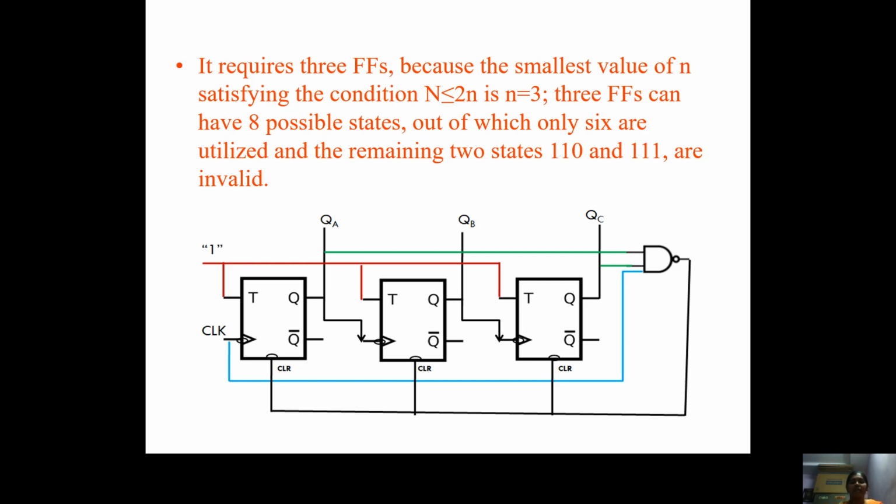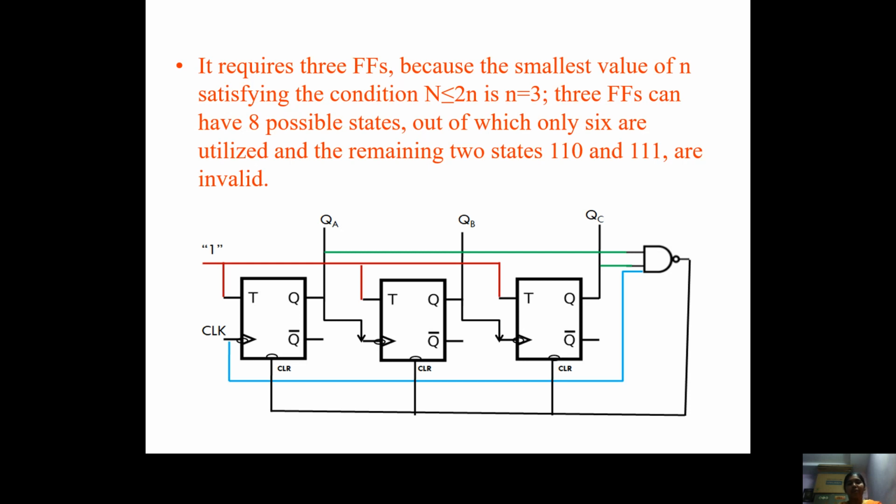If you see, the feedback has been provided to the 3 flip-flops in the form of clear, CLR. Since the clear value is 0, all the 3 flip-flops are cleared and the sequence will go back to 0 0 0 once again. This will happen on the occurrence of the 6th clock pulse.